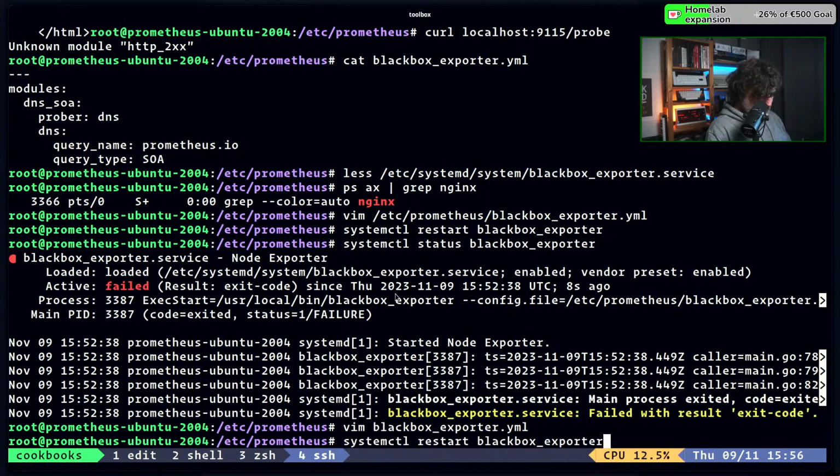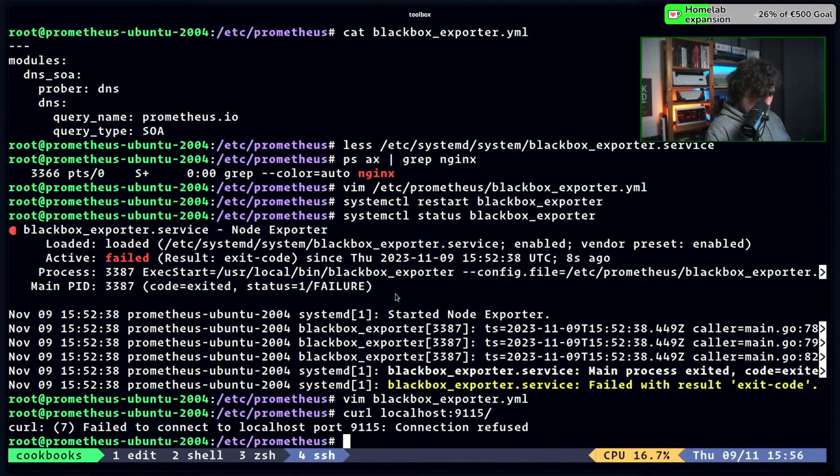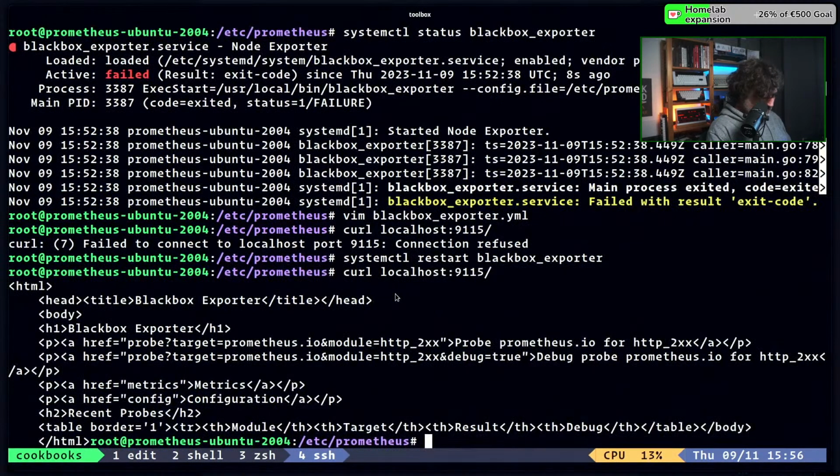at what Blackbox Exporter actually returns. Oh, it's not running anymore. Yeah, we fixed the configuration, didn't we? systemctl restart blackbox exporter. Strangely enough, it says probe and then target module. So if I do this by hand, I have no idea why it lists these specific probes, but